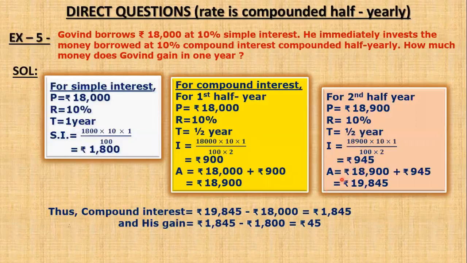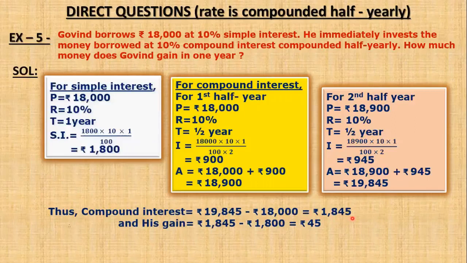Amount at the end of second half year, that is at the end of 1 year, will be rupees 18,900 plus rupees 945, which will give rupees 19,845. Now the question was, how much will he gain? So compound interest which he will get from that person to whom he is giving that amount on compound interest will be the final amount at the end of 1 year, that is rupees 19,845 minus original amount which he is giving, that is rupees 18,000. So it will give